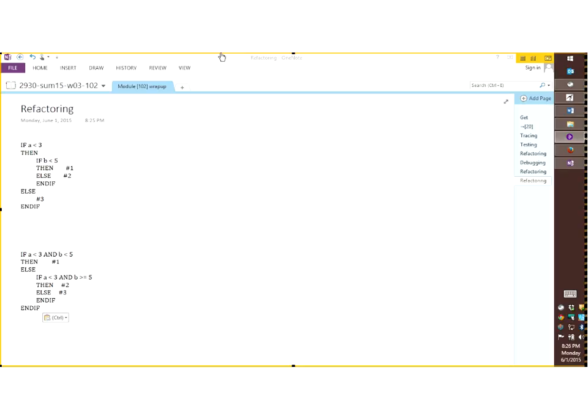I think I have yes/no polling enabled. So you should have a yes and a no button somewhere. It's right above the participant list, that icon that looks like a checkbox that's checked. If you put your mouse on top, it says yes or no or none. You can answer like that. For example, I just selected yes. I can go back and select no. I can go back and select none. Please use that to let me know if yes, those two pieces of code are equivalent, or no, they are not equivalent, or just leave it at none if you are not sure. And feel free to type in the chat window if you have comments or questions.